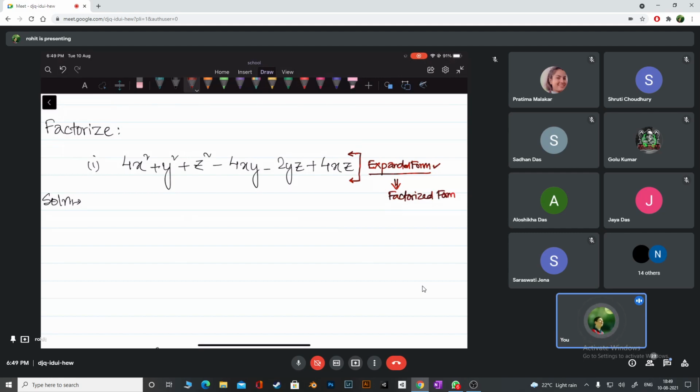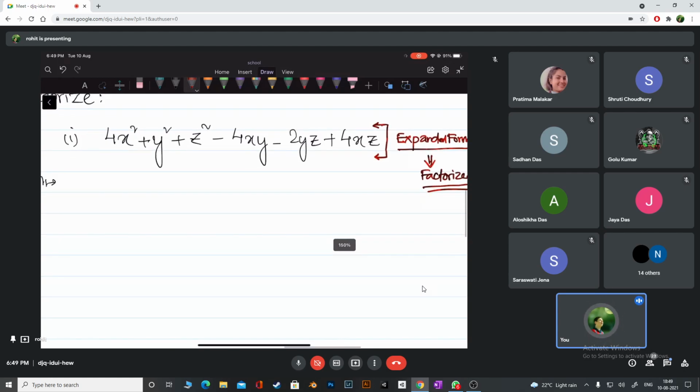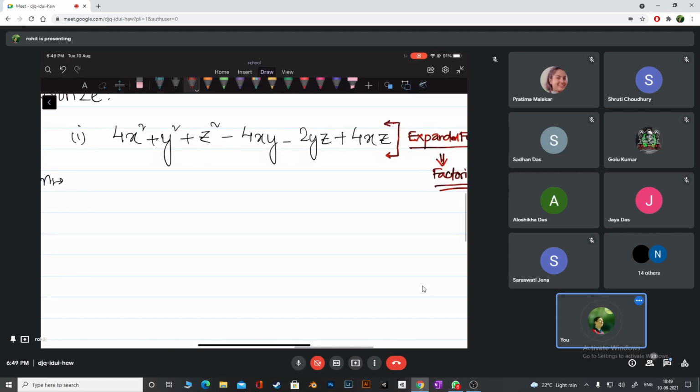To do that, we have to follow some steps, and I'm showing you the steps right now. We'll try to make it shorter, okay? This entire expression, please check and tell me whether you're clear or not. Every step, please check. See, I've started the solution. Instead of 4x square, do you agree I can write 2 square? Instead of 4, can I write 2 square? Okay. Instead of x square, I'll write x square only. Plus y square, I have not changed. It is exactly the same. Y square.